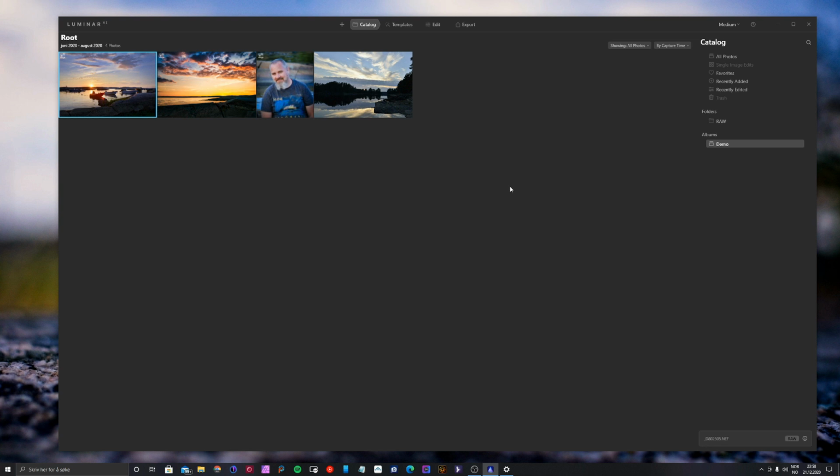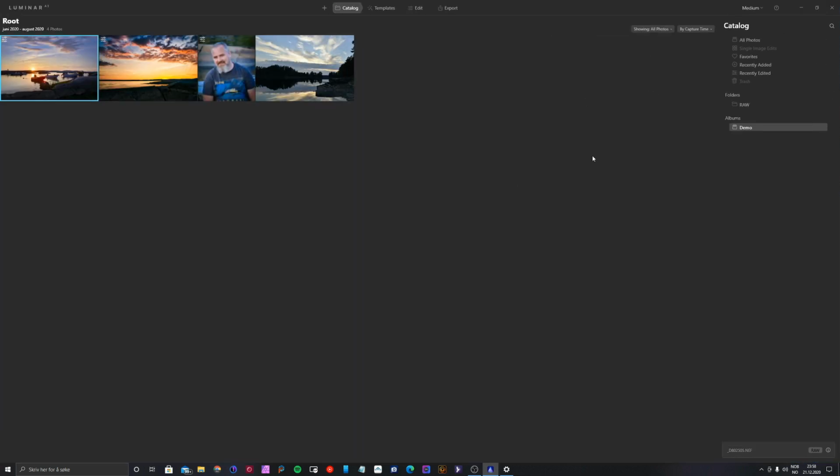And you can also do sky replacements, which works decently. You can do a ton of stuff, but using Luminar AI as a standalone product for professional photographers, I wouldn't really recommend it